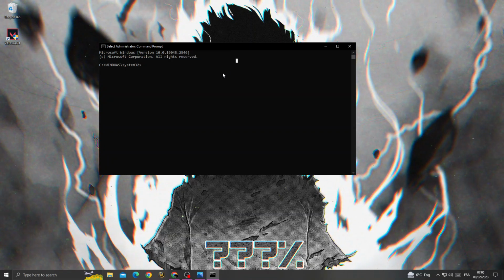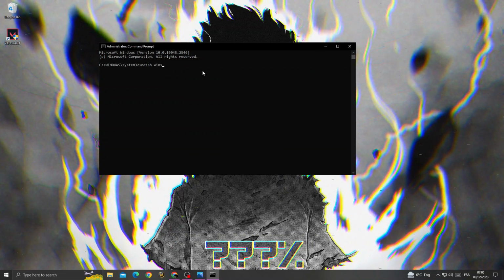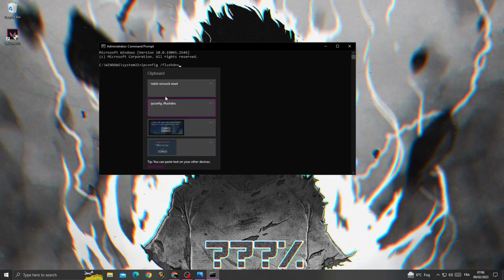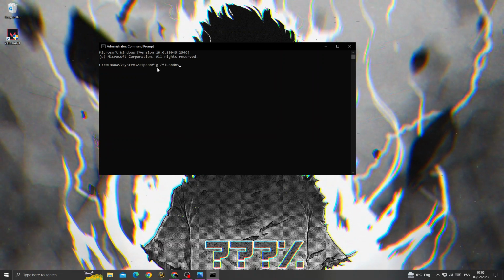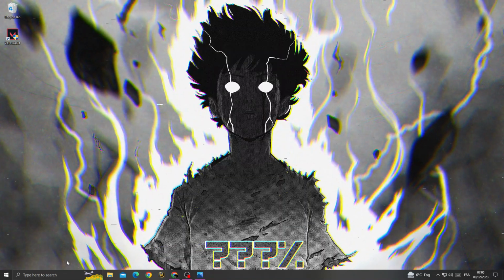After that, type here "netsh winsock reset". After that, type Enter, and now type this command: ipconfig /flushdns and click Enter, and then close this window, and now just